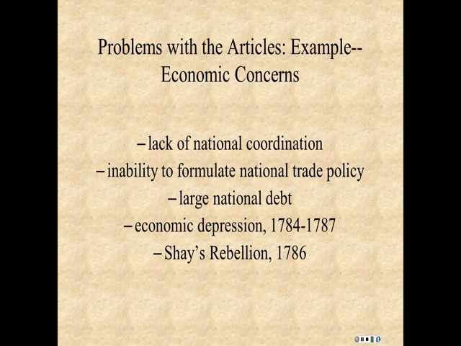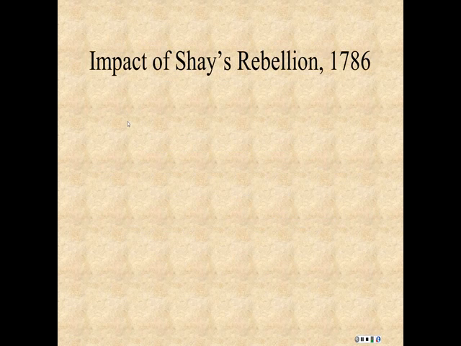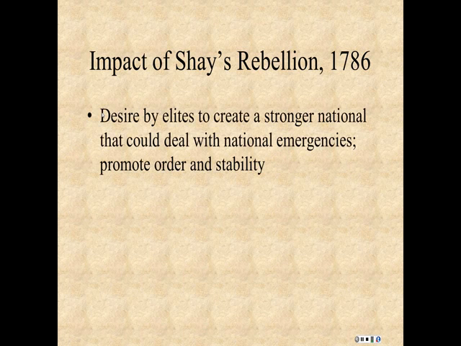Things were getting a little bit out of control. I'm moving fast just to make some of these connections, which again you can read about in your book and flesh out the bigger picture. But the impact of Shays' Rebellion on creating a new constitution was important, because it was after Shays' Rebellion that many of the elites in America, people like George Washington, Alexander Hamilton, believed that we needed to create a stronger national government. We didn't even have a federal force that could go into western Massachusetts if it so wanted and create order there, suppress an indigenous revolution.